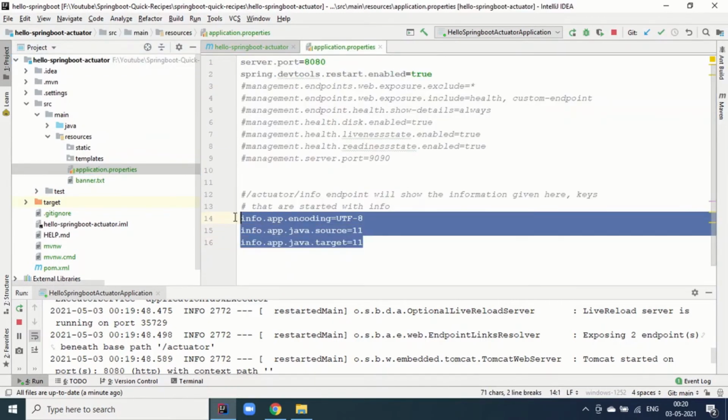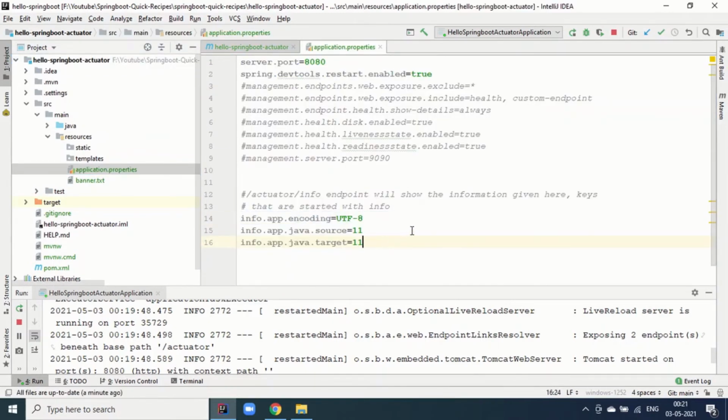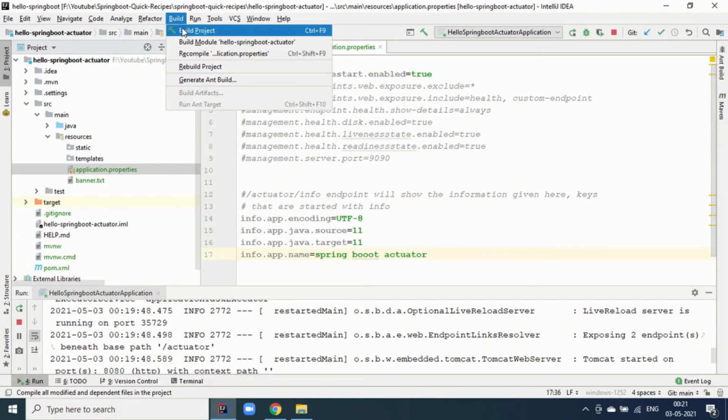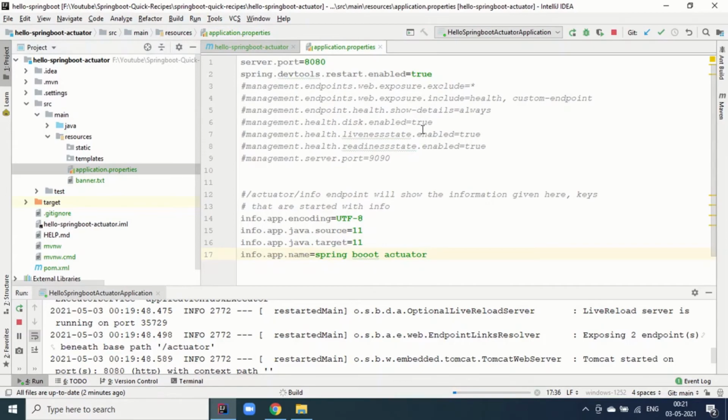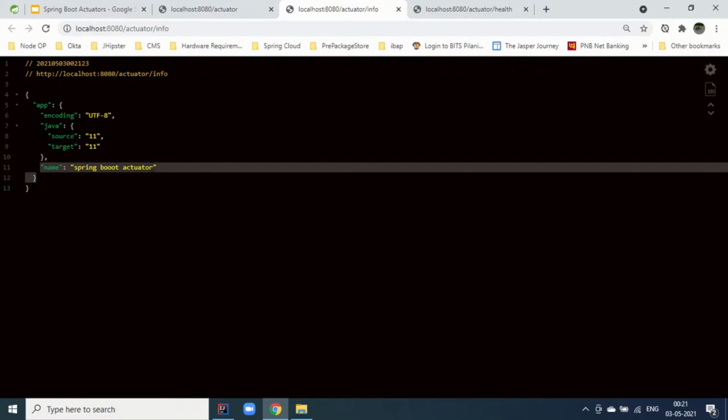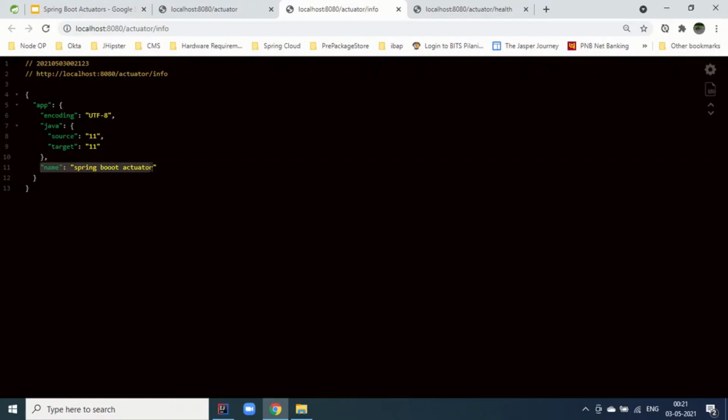Now if I want to add one more detail, I can add info.app.name equal to Spring Boot Twitter, and I can build the project. So we can see how easy it is to add any information.